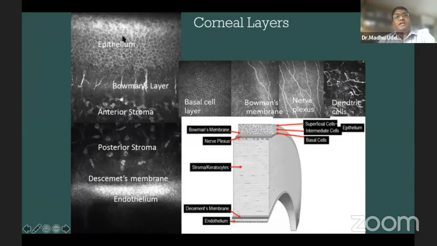So basically it will help you identify each and every layer of the cornea, right from the epithelium to the endothelium. In the epithelium, again, you can get the basal cell layer, Bowman's membrane, nerve plexus, and